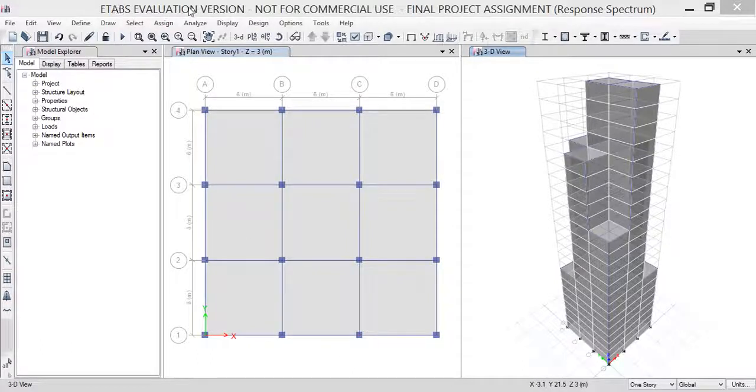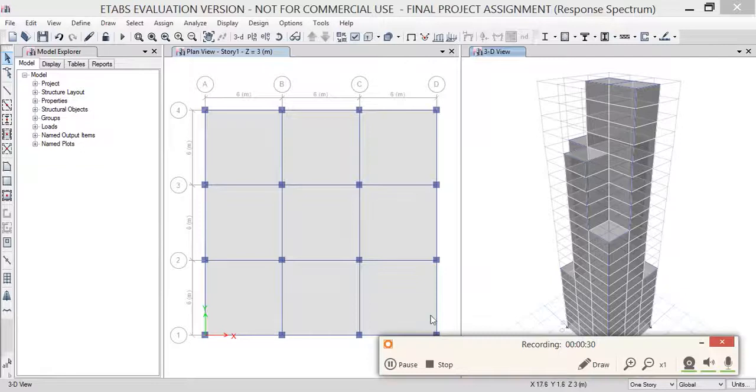Today I will be showing you my second assignment as a part of the Sky-Fi Lab workshop. In this video I will be showing you the analysis and design of a seismic resistant building, which is carried out by two processes. In this structure, I have defined the various material properties as well as the section properties. After defining the material and section properties, I have carried out the seismic analysis by two methods, that is the response spectrum analysis method and the time history analysis method, after which we can study the design of the various members of the G+23 story structure.